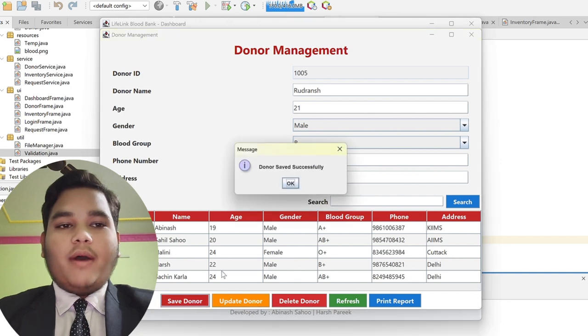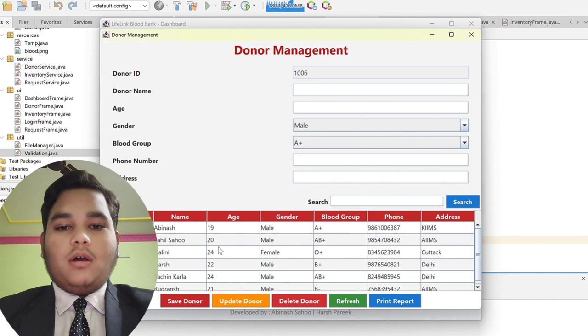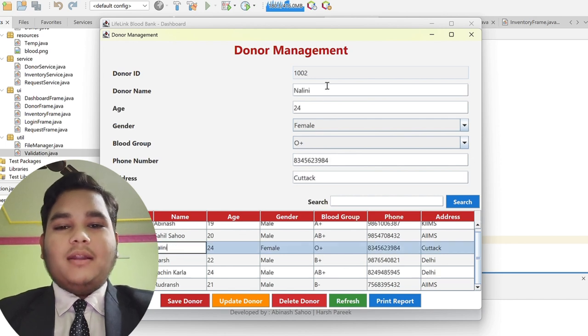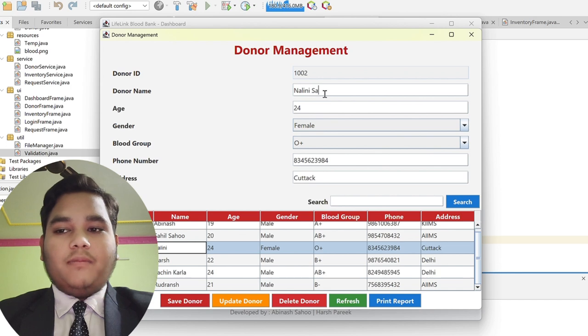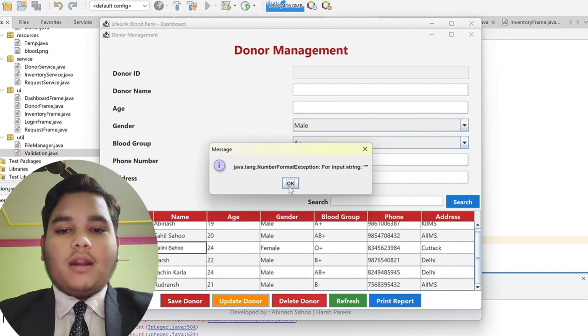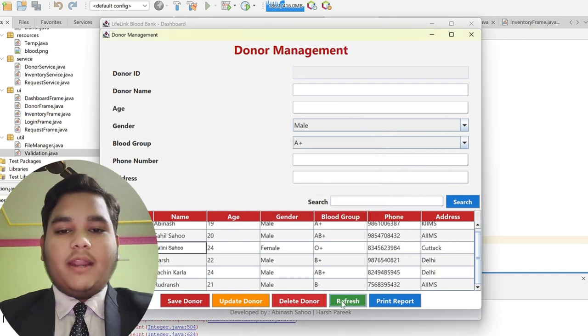Now moving forward to our donor management. Here you can see the donor management dashboard. Now I have to add a donor name, his age, his blood group, and where he comes from, and it will be saved in our system. As you can see, one of our patient names is added.